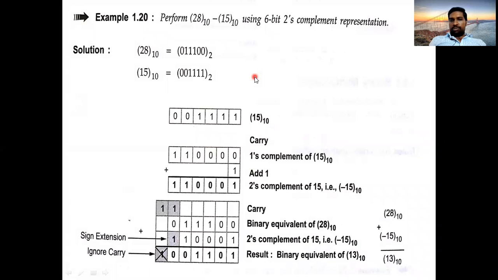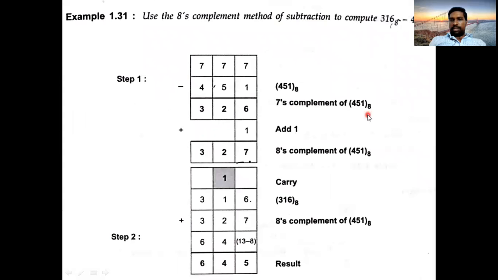Likewise, you can perform 2's complement also. You will get the same values. The questions are the same, I just modified the complements. So see here, you got 13 plus 13. Same method. Here you will get a carry. As the carry is generated, you should ignore it as per the rules in 2's complement. 2's complement means R's complement method. So I am ignoring the carry. Apart from this bit, if I observe 0, 0, 1, 1, 0, it is nothing but the value of 13. Likewise, you can do the remaining.